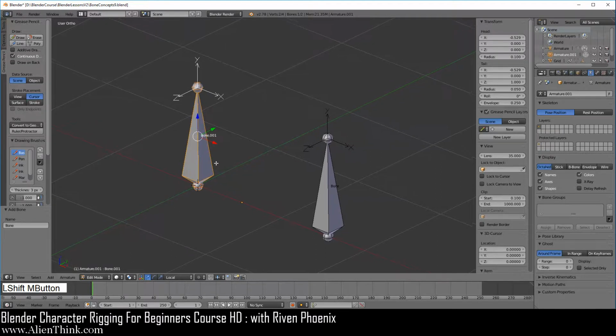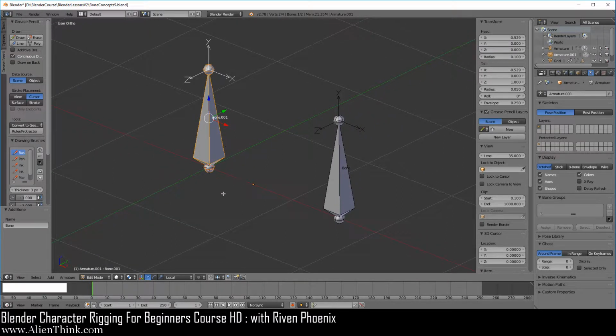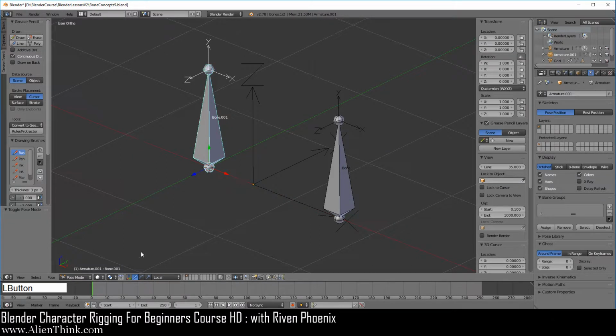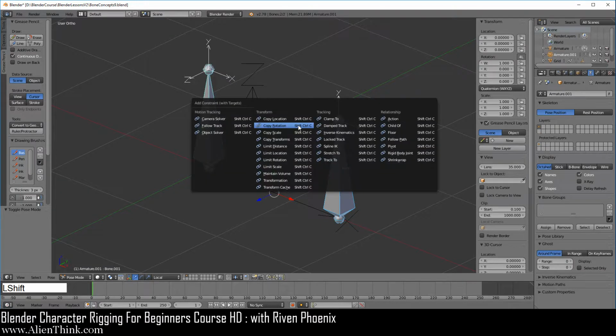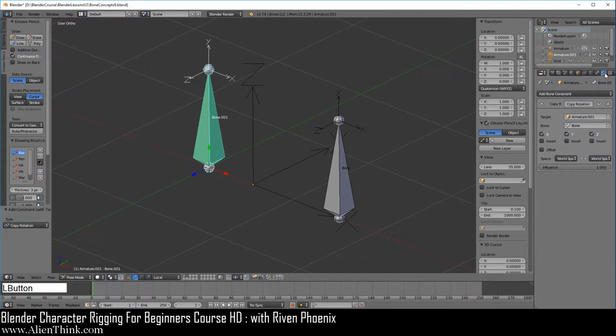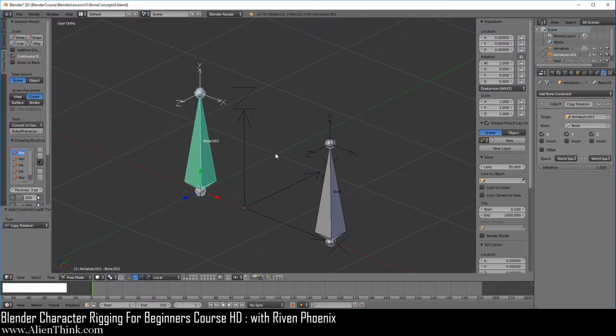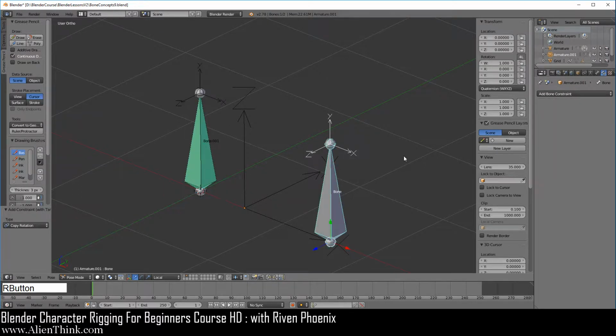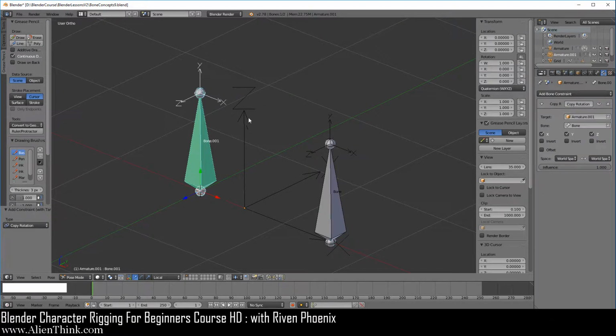Okay, so what does this mean? This means that if you switch to pose mode and let's say click on this bone, press the Shift key down and click on this one, do Shift Control C and do copy rotation, click on this bone, go to the Constraints tab, you can see that because this bone was rotated by 90 degrees, right? When we click on offset, you'll see that it's going to move forward like this. So what's actually going on here is that first this bone is looking at how this bone's orientation is. But because this bone internally in edit mode has a rotation, that is going to get added.